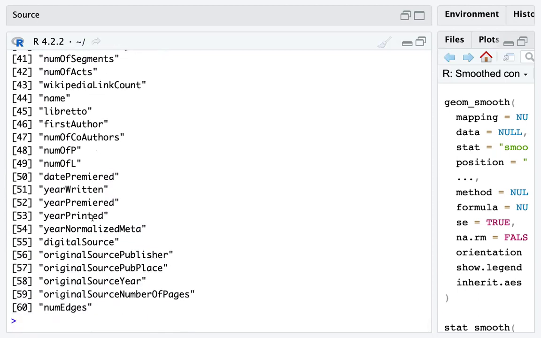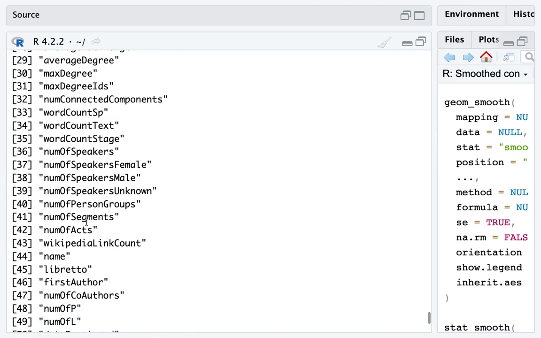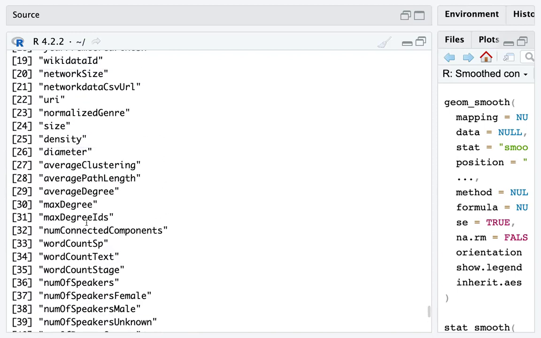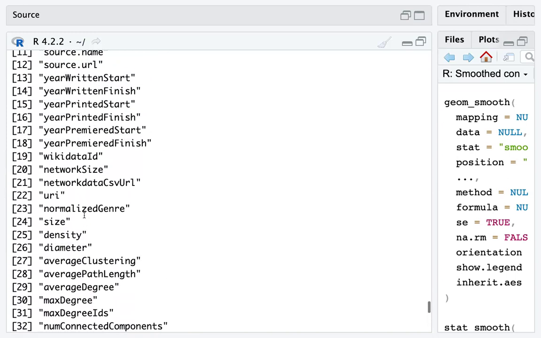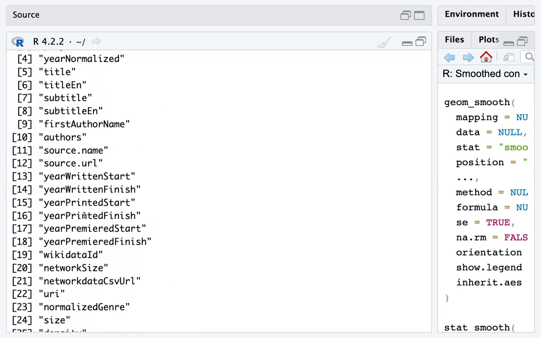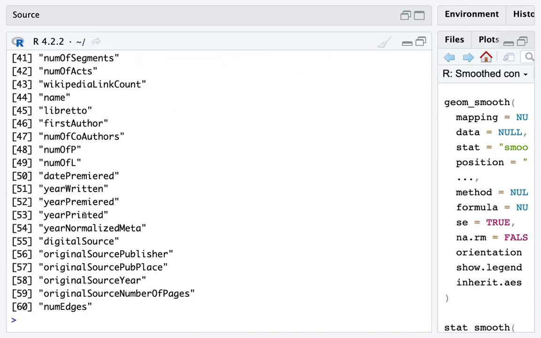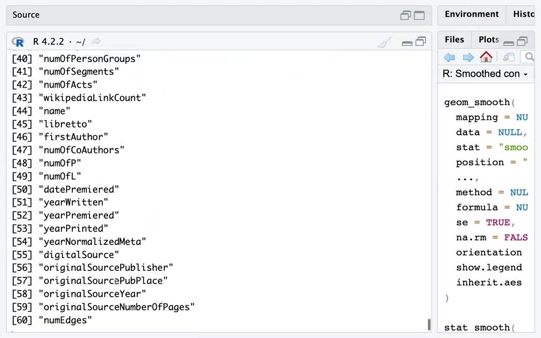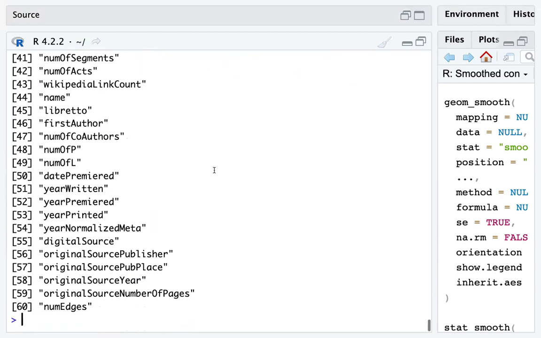We divide it into two blocks, like 19th century dramas and 20th century dramas, and we can try to predict in which century they belong using, I don't know, the number of speakers. Yes, we can try to do that,